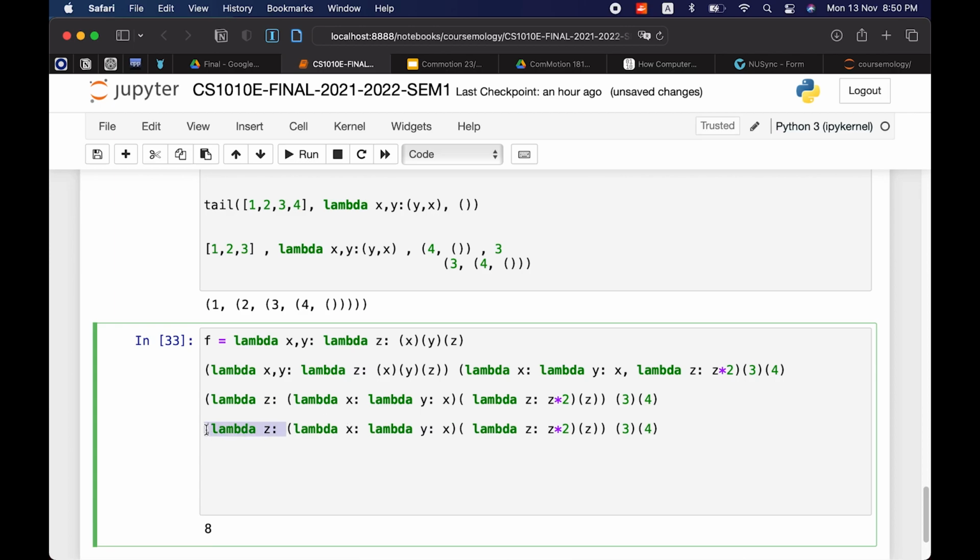It becomes a function where the z disappears basically and becomes 3, because the z here is this z and it takes in this 3, so this z becomes 3, and then you are just left with 4 here. Okay, so now what's happening? Now we have this, you see?